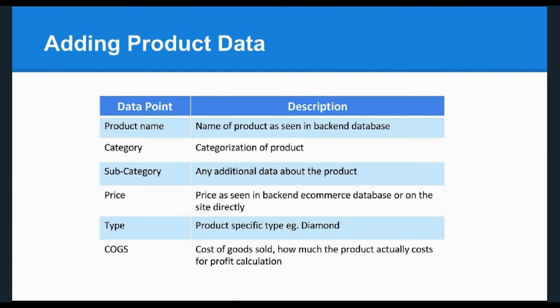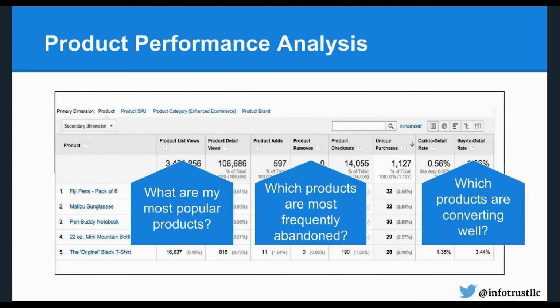So that instead of just looking at how much money is coming in and assuming all products are equally profitable, which we know they're not, now we can actually bring that information in on the back end of Google Analytics so that your reporting and your metrics reflect what that profitability is, and it makes reporting that much cleaner. Now, when all of these things come together, this is where you get the full analysis of what your products are actually doing. You can understand what are your most popular products, what products are the most frequently abandoned, which ones are converting the best, and again, at that product or list level.